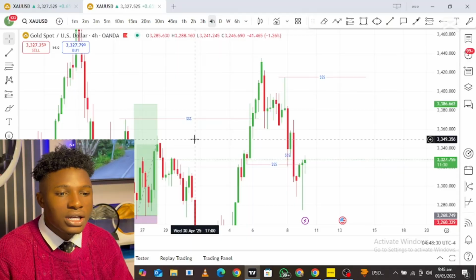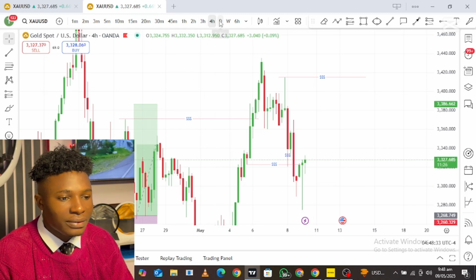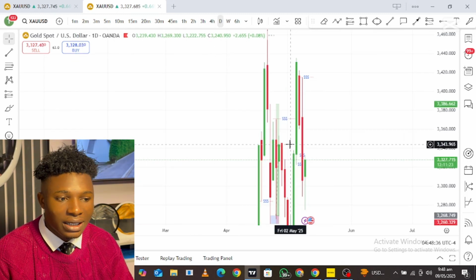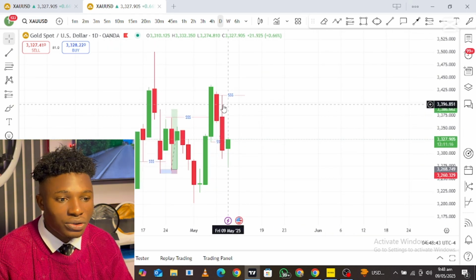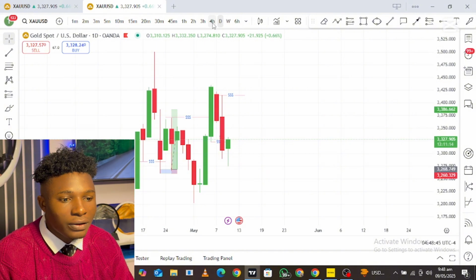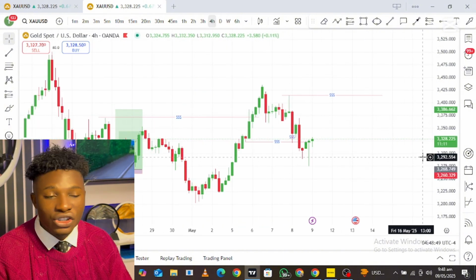It's all about understanding the market structure and then taking advantage of the market. So right here, there is the 4-hour time frame, and then let's start from the daily time frame. The analysis was actually right here, and I'm going to show you on my chart. Price was going all the way bearish throughout yesterday, and on the 4-hour time frame, I saw an opportunity to buy the market. It was just a very short-term buy.